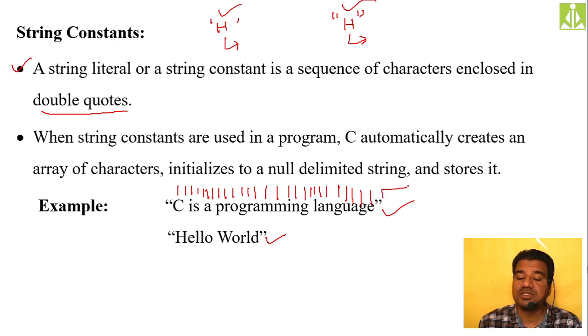How many characters do we need in order to store this string? In the sense, 28 characters. For storing this, how many? 1, 2, 3, 4, 5, space, 6, 7, 8, 9, 10, 11. So including the delimiter, we need 12 characters to store this particular string in computer memory. So in this way, string constants are dealt with inside your C programs. Hopefully you understood. So go to the next slide.